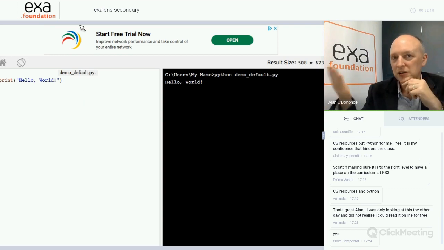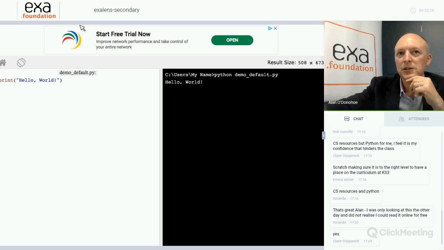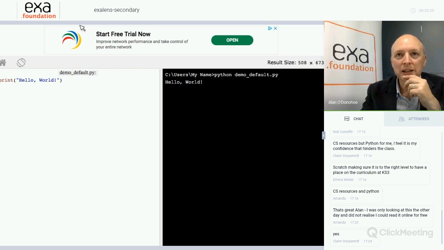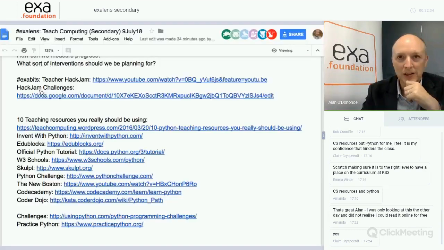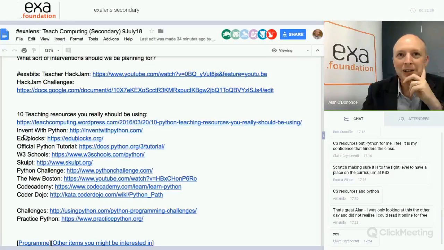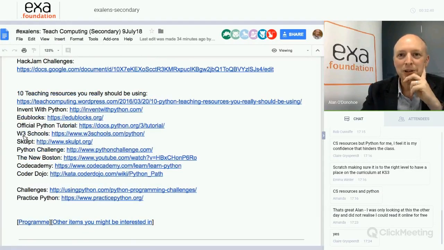Whereas with the challenges that I talked about before, where they're putting into place things that they've been learning to solve these challenges, and then we had exercise books where they would sometimes have to respond and write things down, I just found that was a way better way of doing it. But like I said, what would I know? I'm a bald old git with an Irish accent who probably doesn't know the first thing about Python tutorials.